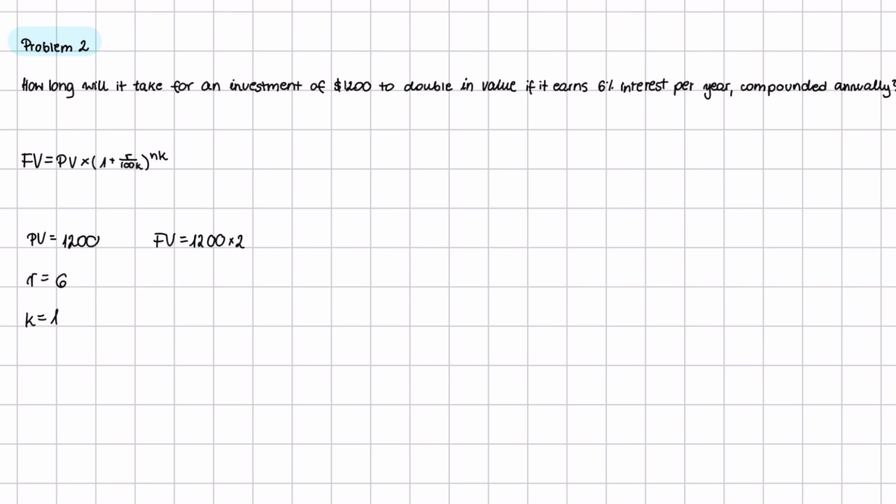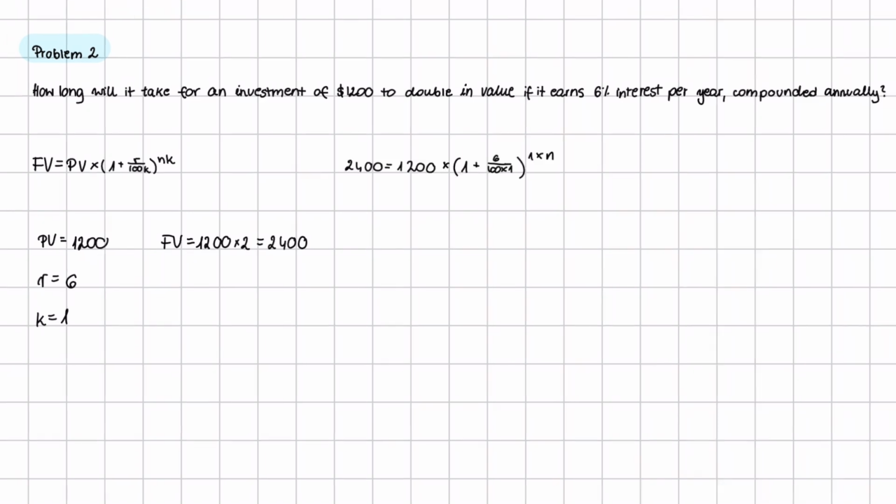So it is simply 1,200 multiplied by 2, so it is 2,400. So now we can substitute our values into our compound interest equation, and we're looking how long will it take for our investment to double, so we leave n as unknown,